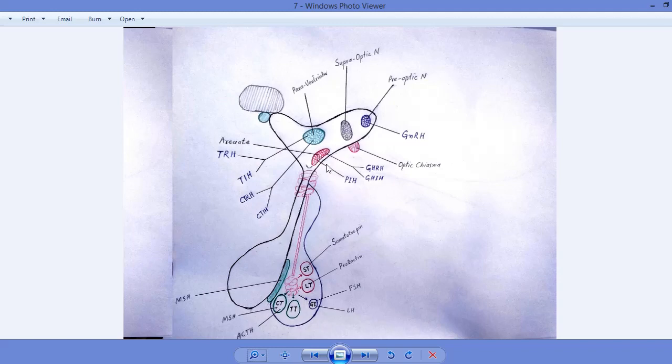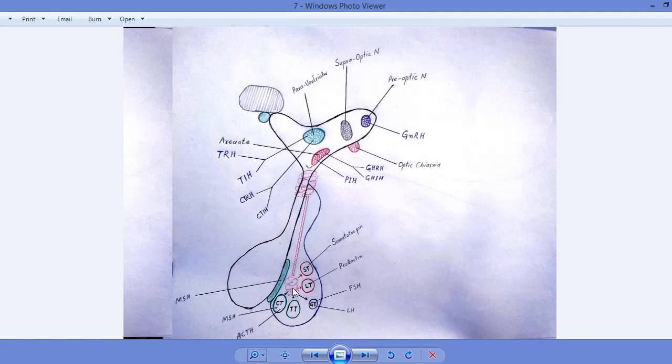There is no releasing hormone for the prolactin. There is only an inhibitory hormone for the prolactin. So the arcuate nucleus secretes the prolactin inhibitory hormone, and this prolactin inhibitory hormone is actually dopamine. So the dopamine, or the prolactin inhibitory hormone, is secreted by the arcuate nucleus, and this goes through the